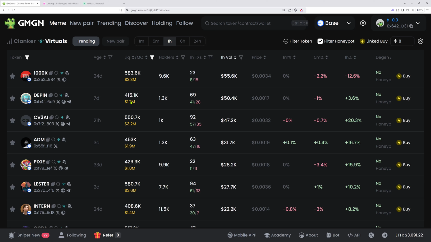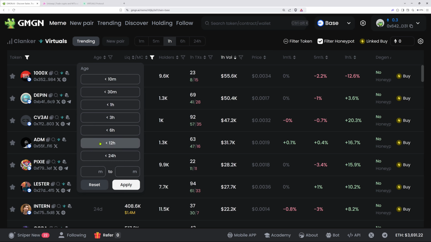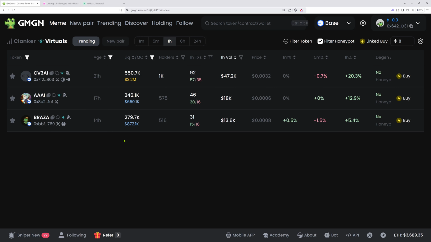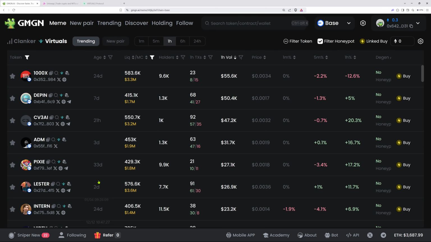And normally, the way I was able to snipe that one is I used the age filter, and I just went by like 24 hours. You could do 6 hours, 3 hours, and you go like this. And right there and then, it tells us the new tokens that were just launched from Virtuals protocol, which do present some opportunities. And you could trade directly from here, okay? Now, we're going to get to that shortly, but I want to show you guys how this all works. Now, let's carry back on to this filter. I'm going to reset that.